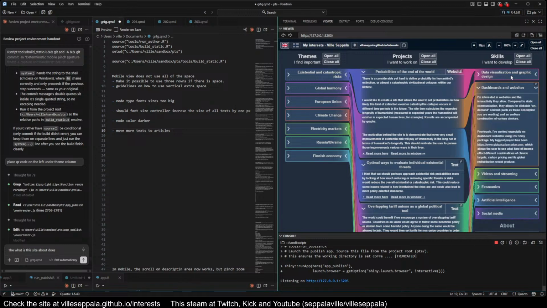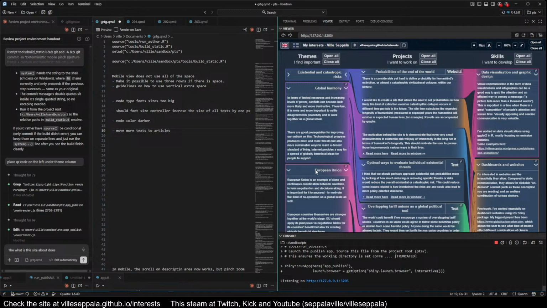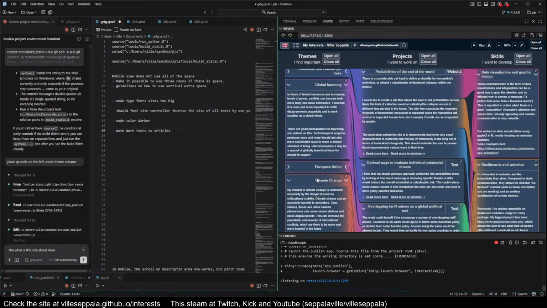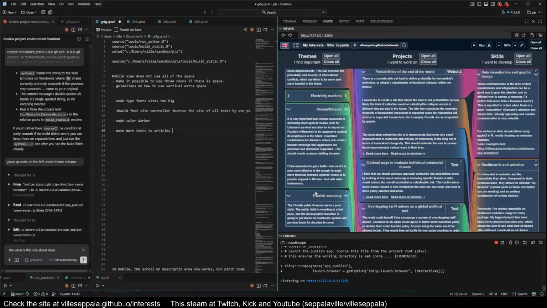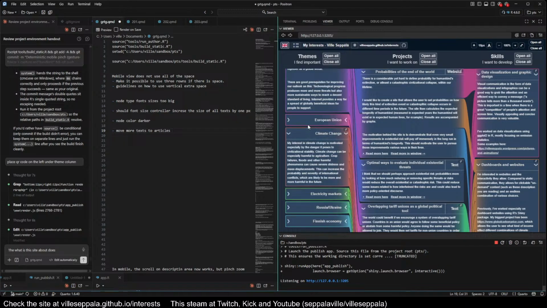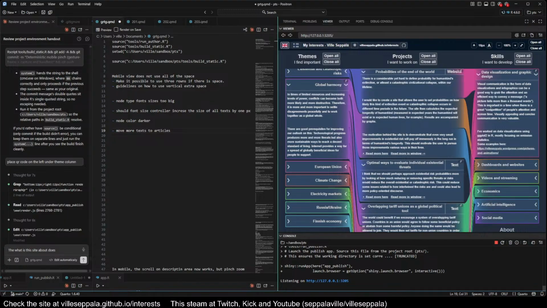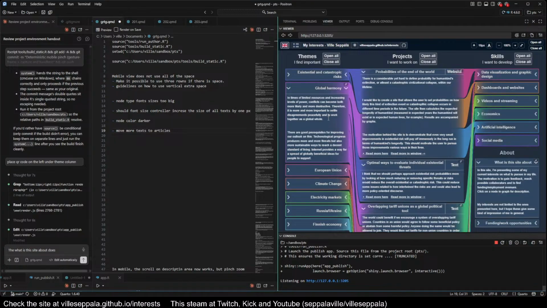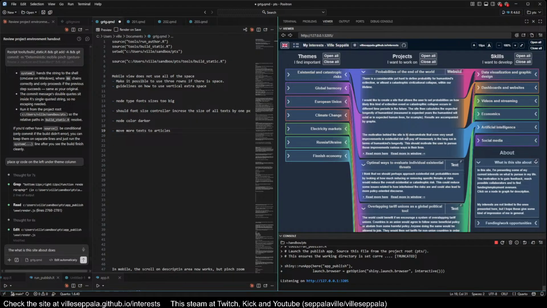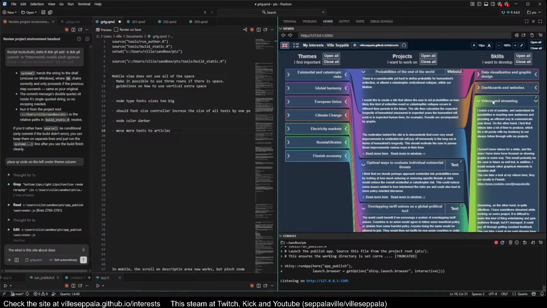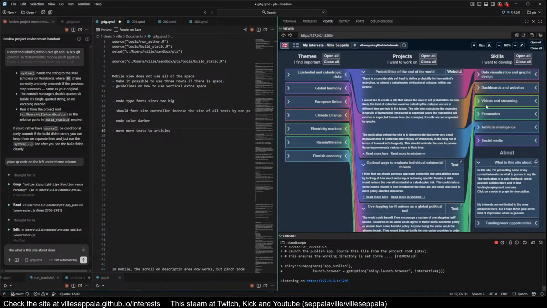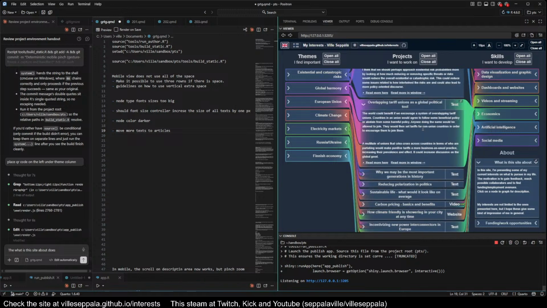I think for the skills and teams, I want to keep the length of the text in these nodes manageable. So this is a bit long here. I could make this shorter. I think that's the solution. I don't want a specific article for those, but for projects,